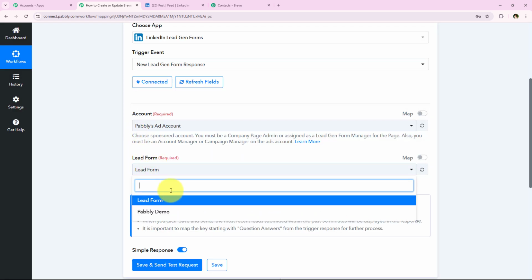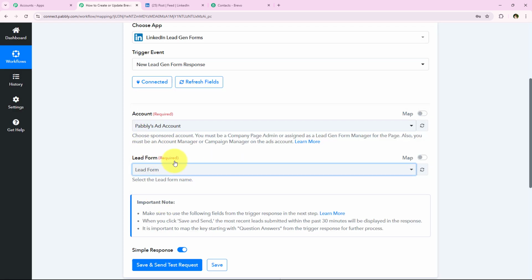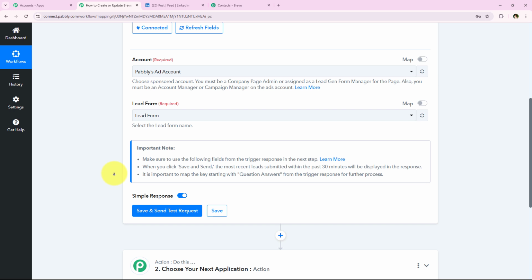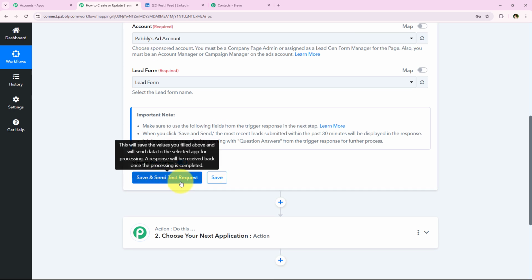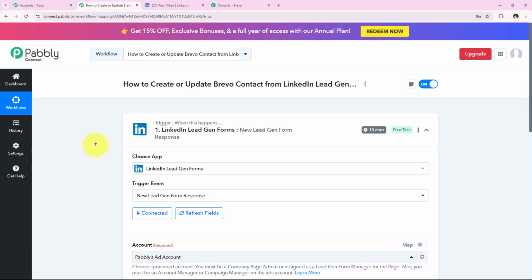And now for the lead form, I'm just going to select the form I want to create this automation for. So you have to keep in mind that you have to select the same account and the lead form for which you want to create this automation. And after selecting both of these, we have to click on this blue button which says save and send test request. But before clicking on this blue button, I'll just let you know that